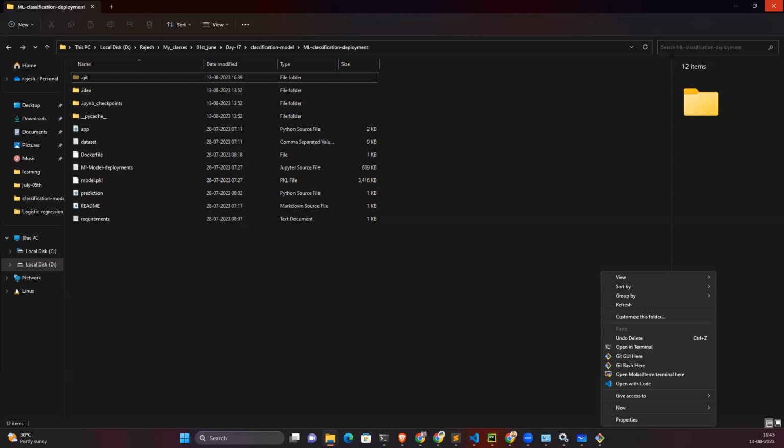Now do one thing. Go to your GitHub and copy the second last command. Yes, the second last command. Go to your Git Bash and paste it there. Right click, paste. Enter. So now run the command git remote -v.